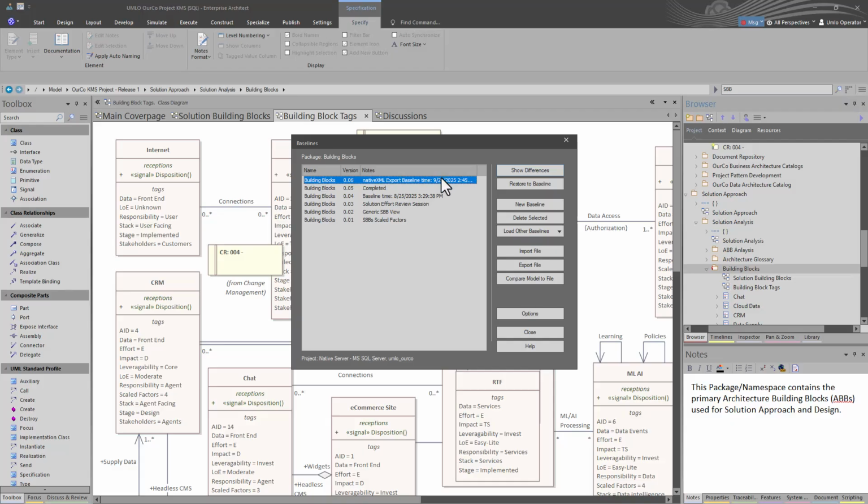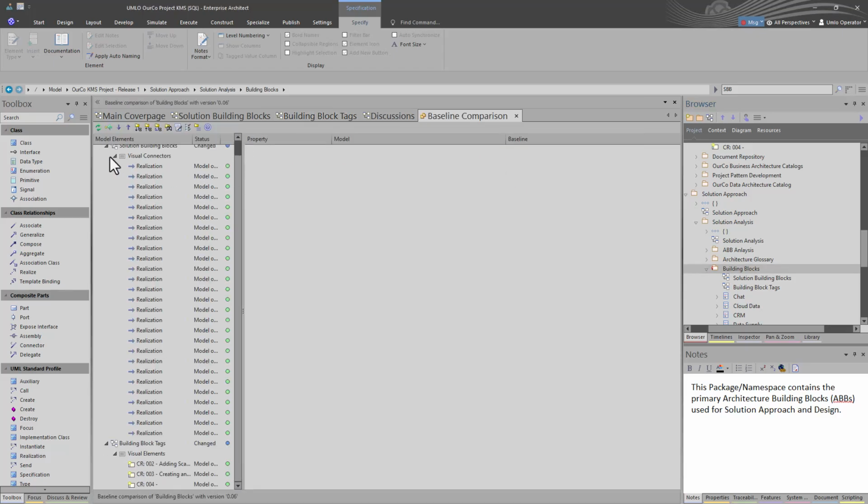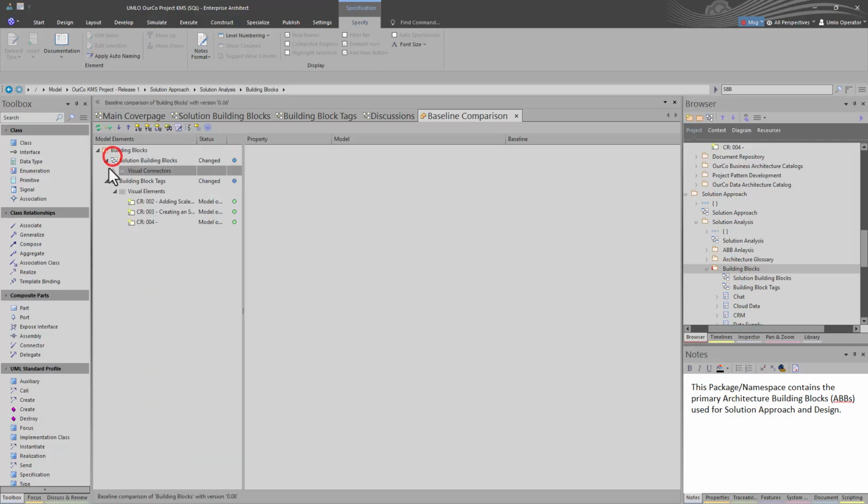So he said, all right, let's do an export and let's make a compare. Then someone came in and added CRs. So we're going to show differences. This is compare. You can compare it to a file, but we'll talk about backing up baselines and backing up the repository in a moment, but we're going to do a compare. So when we come in here, we're doing compare. We've got our realization, our new realization, which is still showing up here. That's fine. But if we go down here into building blocks